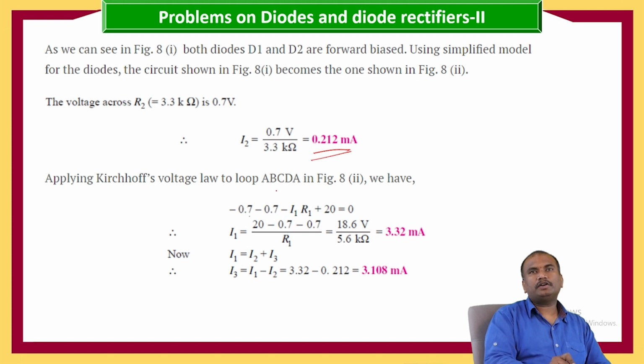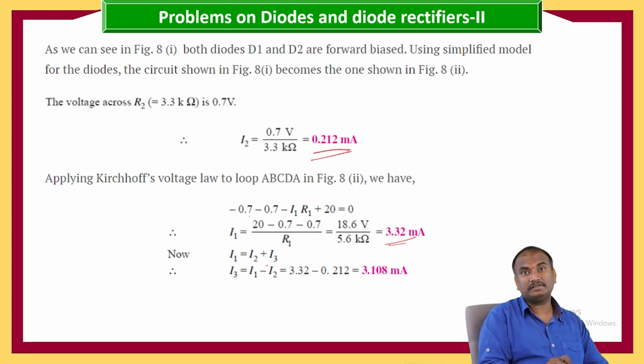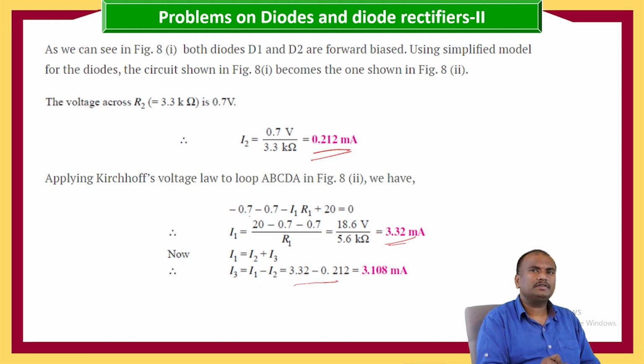By applying Kirchhoff's voltage law to loop ABCDA in the figure, we have minus 0.7 minus 0.7 minus I1 into R1 plus 20 equals 0, where I1 is equal to 18.6 by 5.6 kilo ohms, that is equal to 3.32 milliamperes. Here I1 is equal to I2 plus I3, where I3 is equal to I1 minus I2. From this we will get it as